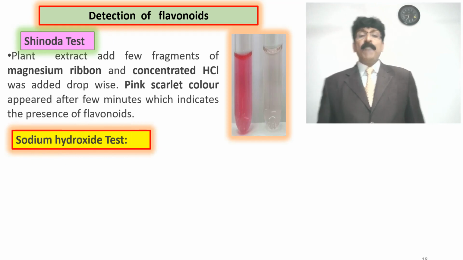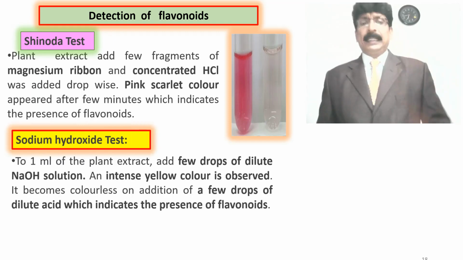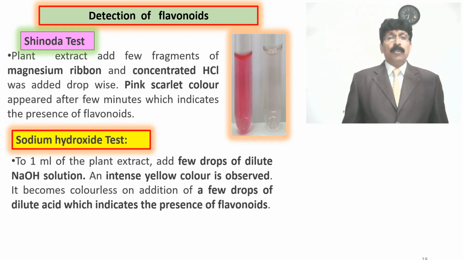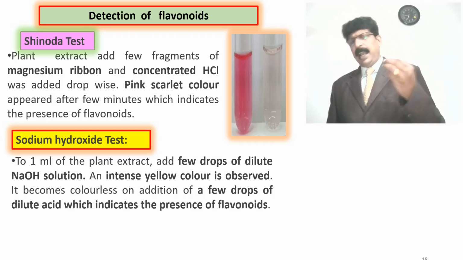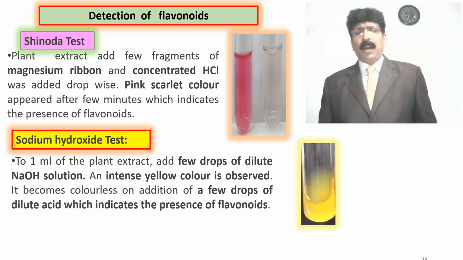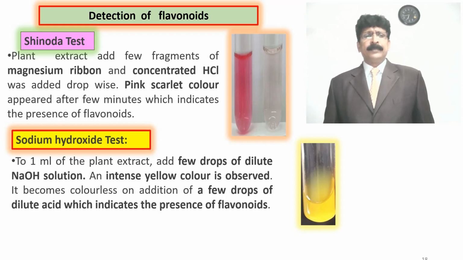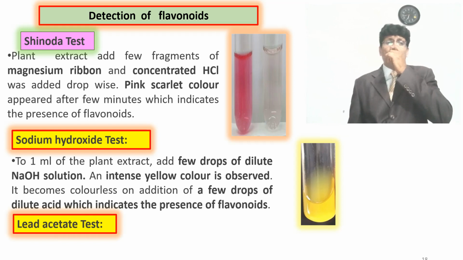Sodium hydroxide test: 1 ml of plant extract, a few drops of dilute sodium hydroxide solution are added, and an intense yellow color is observed, as shown in the picture. It becomes colorless on addition of a few drops of dilute acid, which indicates the